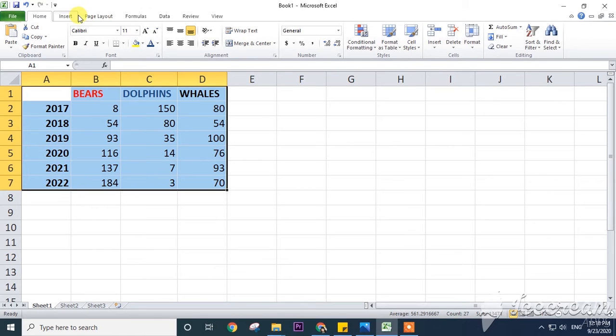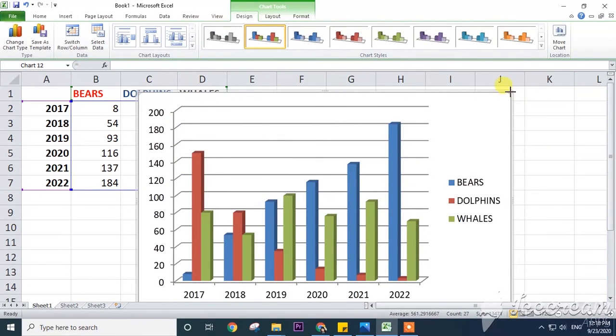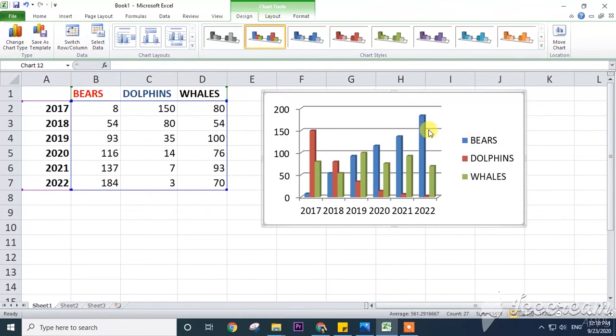See here, after creating the chart, now I am resizing this one. Now let us have a look at customizing the charts. There is a chart styles option here. When you click on this one, you will get automatic customizing of your chart. If you don't like this color, by using predefined colors, you can choose this one. There are so many colors. You can see I am choosing this one.